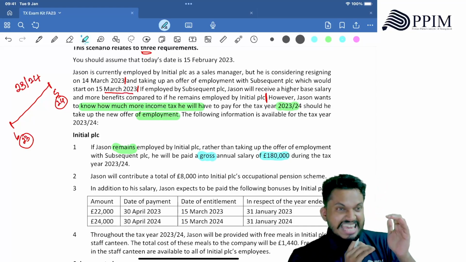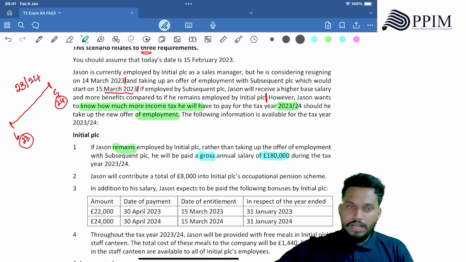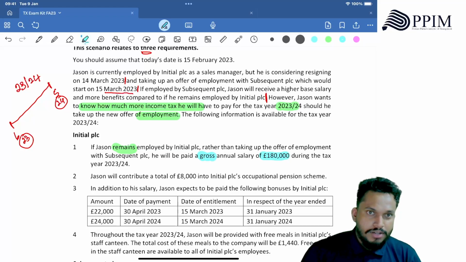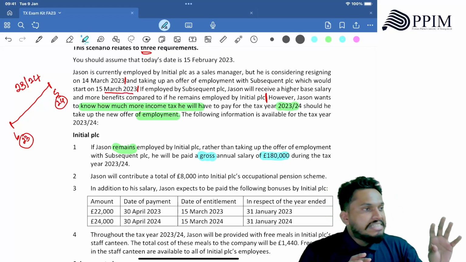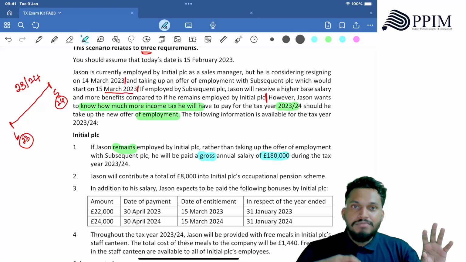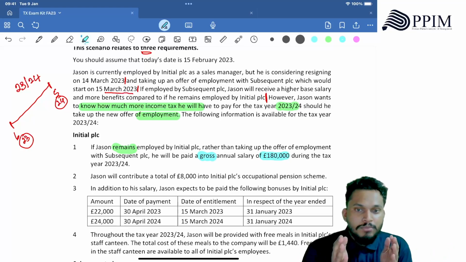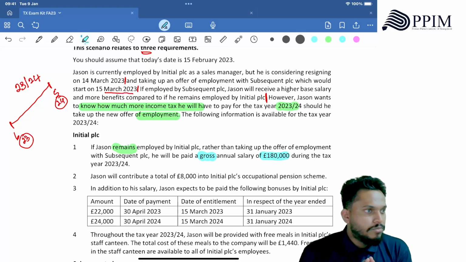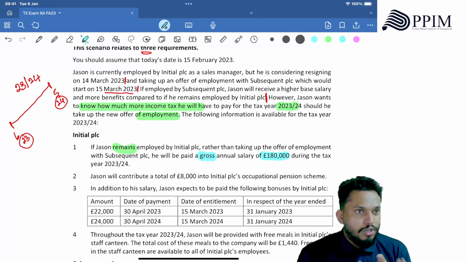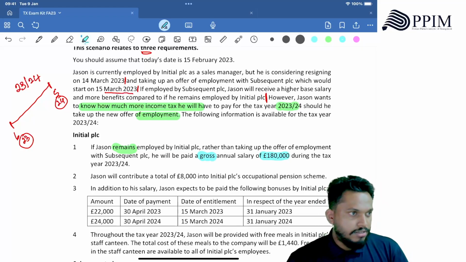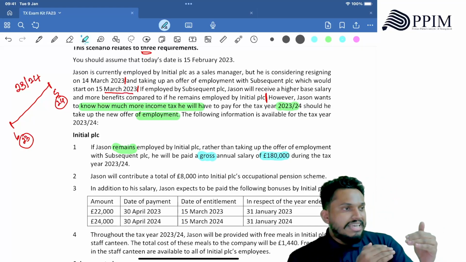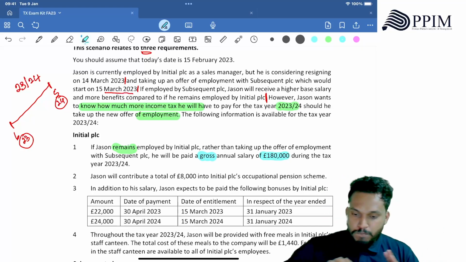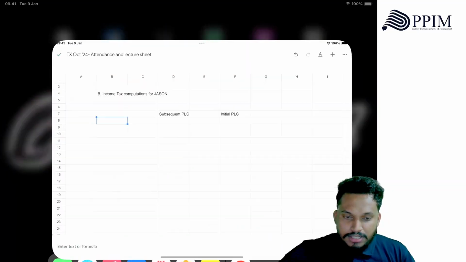I'm calculating his income. So I ask you to use some common sense. I'm finding Jason's income. Now see, I'm relating myself to the question. I'm going to live with my question now. In the exam hall also, live with your question. Talk to Jason now. You are the tax advisor of Jason. That is how you need to position yourself. So Jason's income, you need to analyze it, isn't it? So technically, Jason is making